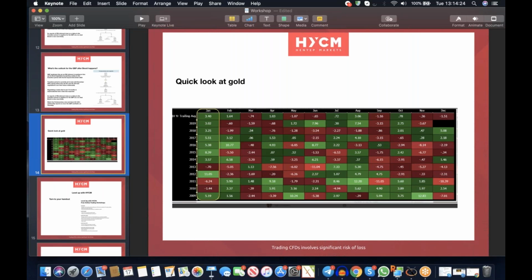Now gold, this is what I want to flag up to you. Gold is approaching a very strong time of the month. Can you see? Gold has some strong seasonals in August. There's a strong physical demand for gold out of Asia, weddings, festivals, and gold tends to be bid in the month of August.